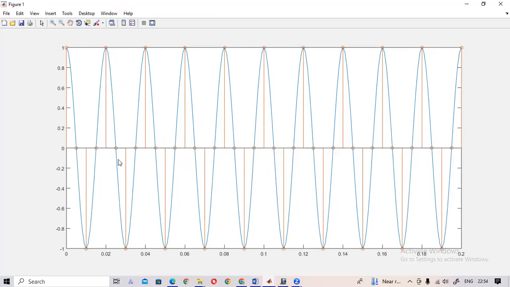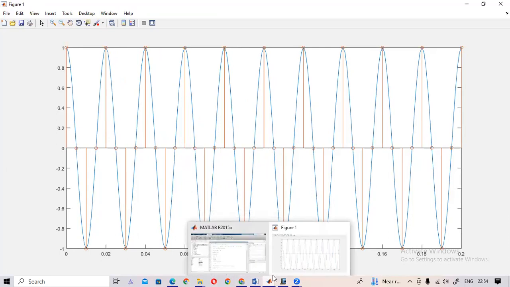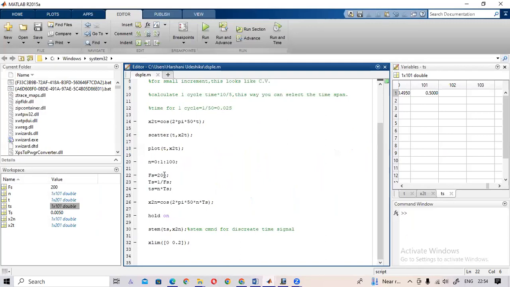So you can get somewhat clearer signal. So if you get more sampling frequency,